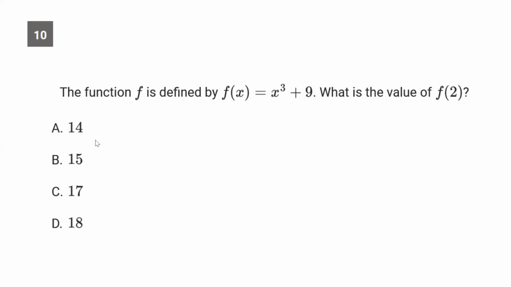The function f is defined by f of x equals x cubed plus 9. What is the value of f of 2? Okay, so this is something that people will get thrown off by. They think, what does it mean f of 2, right? So that just means the 2 takes the place of the x. So we're going to do f of 2